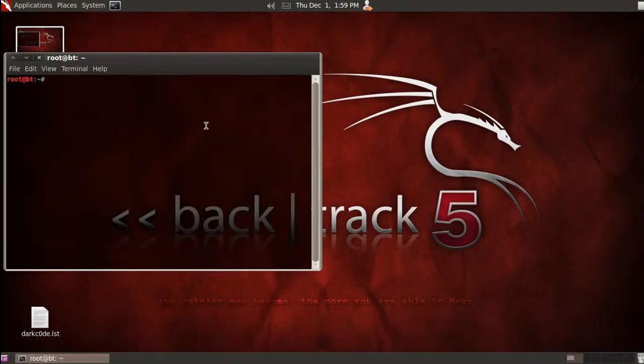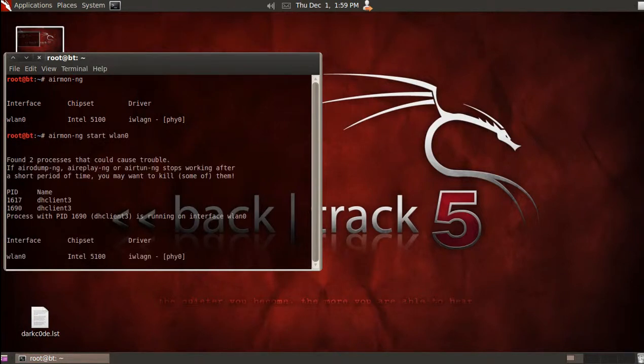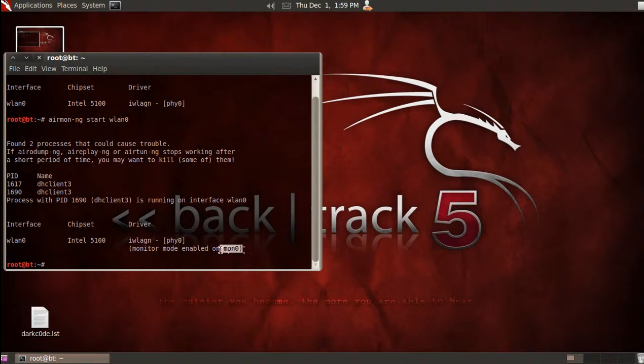The first command we're going to enter is airmon-ng, and this is going to show you your interface. Our interface is wlan0, and we'll be using that initially, but we want to change that, so we're going to do airmon-ng start wlan0, and this is going to put it in monitor mode. You can see there we've got monitor mode mon0, so that's what we'll be using throughout this. We want to bring this down, so we're going to do an ifconfig mon0 down,